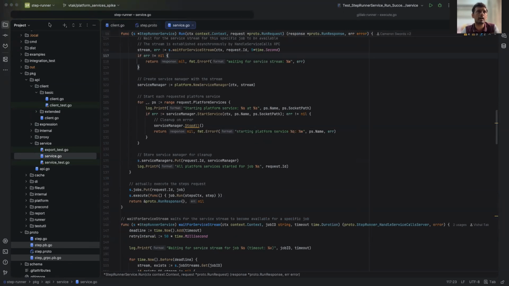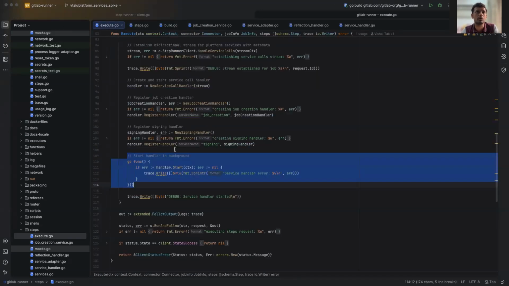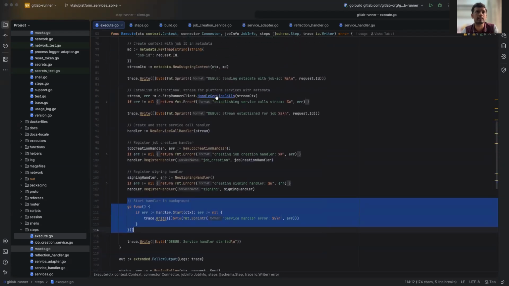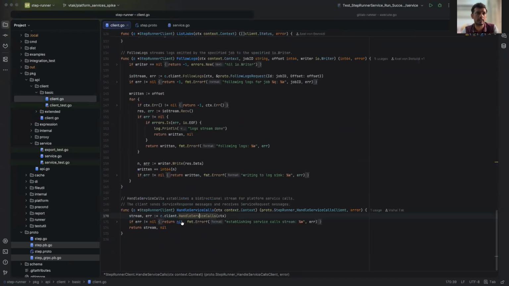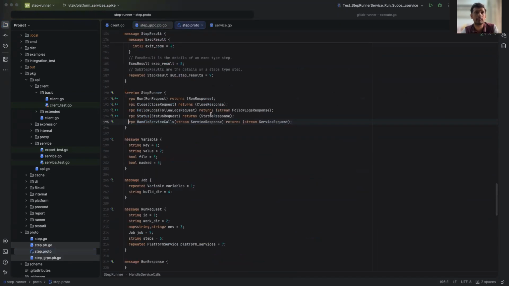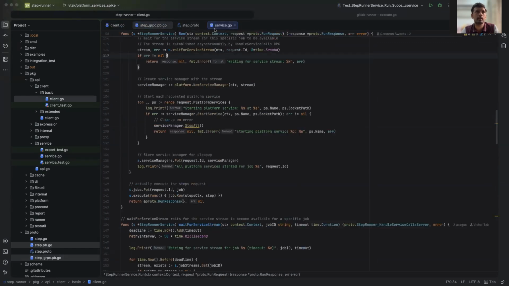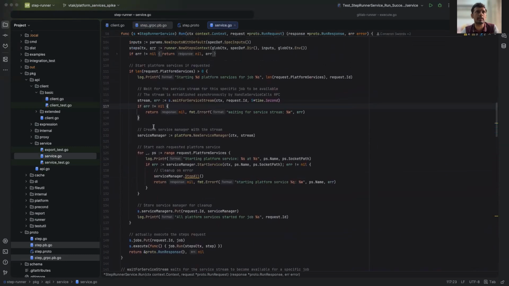This is the handle services call that we just saw above. All it is doing is creating a bidirectional stream for the RPC that we've defined over here. Here is the RPC. It's a bidirectional stream, and it's returning it, right? And this is the actual implementation of that